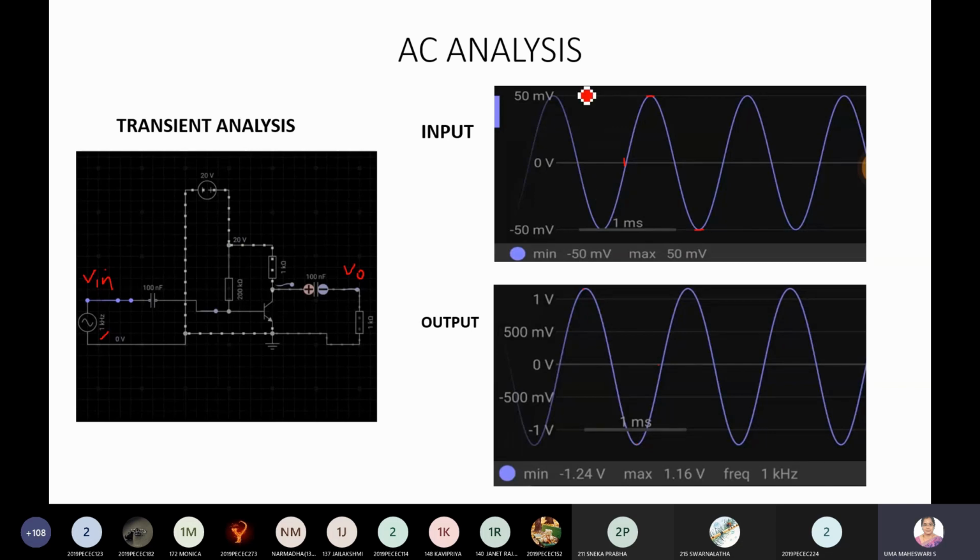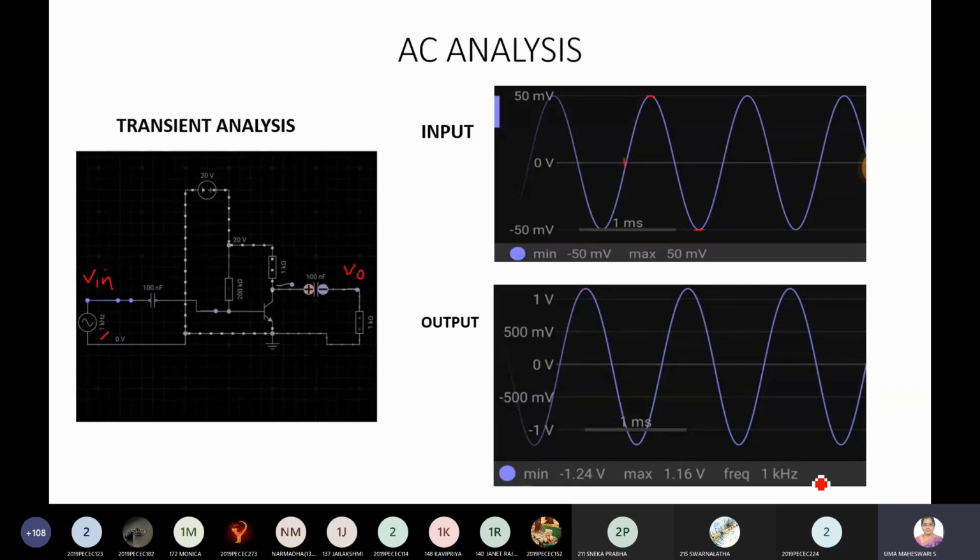But see to it that the positive side and negative side amplitude is the same. And one more thing, try to give input only in millivolts. Then only the amplification takes place and you'll get a proper sinusoidal output. If I give a high value of input, what will happen? Your transistor is basically a small signal transistor, right? So it cannot amplify a large amplitude signal. So obviously you'll be getting clipping in the output waveform.